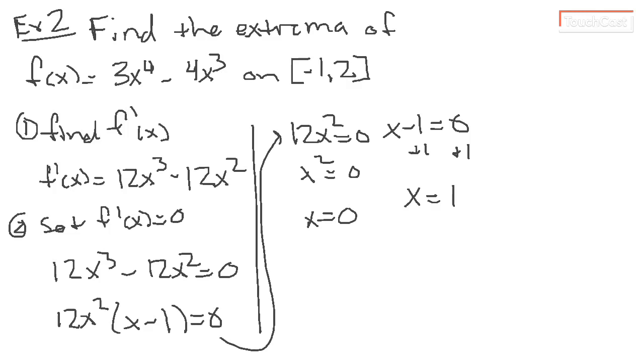So we finished step 2. We found our critical numbers. That's also part of step 1 for the guidelines I gave you. But now what we're going to do is take those critical numbers and substitute them into our function. So we're going to find f of 0 and f of 1. Well, f of 0 is going to be